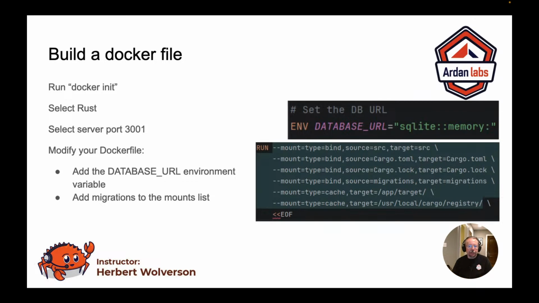And then the only two changes I made were to stop me having to remember to put the database URL in as an environment variable. I actually added it into the Dockerfile. You don't need to do this. In fact, in production, you probably shouldn't. And I added one line to the automatically generated binds. I added mount type bind source migrations, just to ensure that the two-stage compile also has the migrations folder